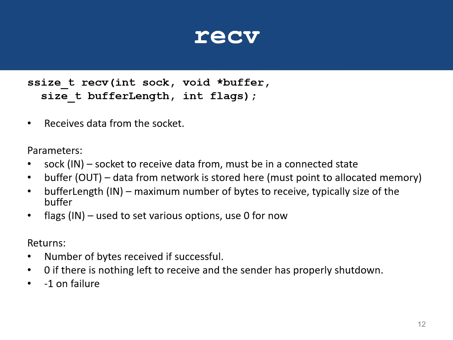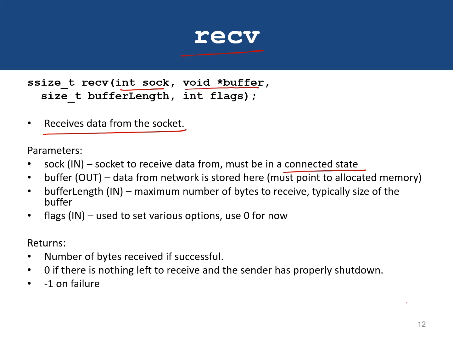Next, let us talk about the receive function. As the name implies, the receive function is used for receiving data from the socket. The receive function also takes 4 parameters. The first parameter here is the socket file descriptor. So this is the socket from which we want to receive the data. Note that the socket must be in a connected state for receiving any data.